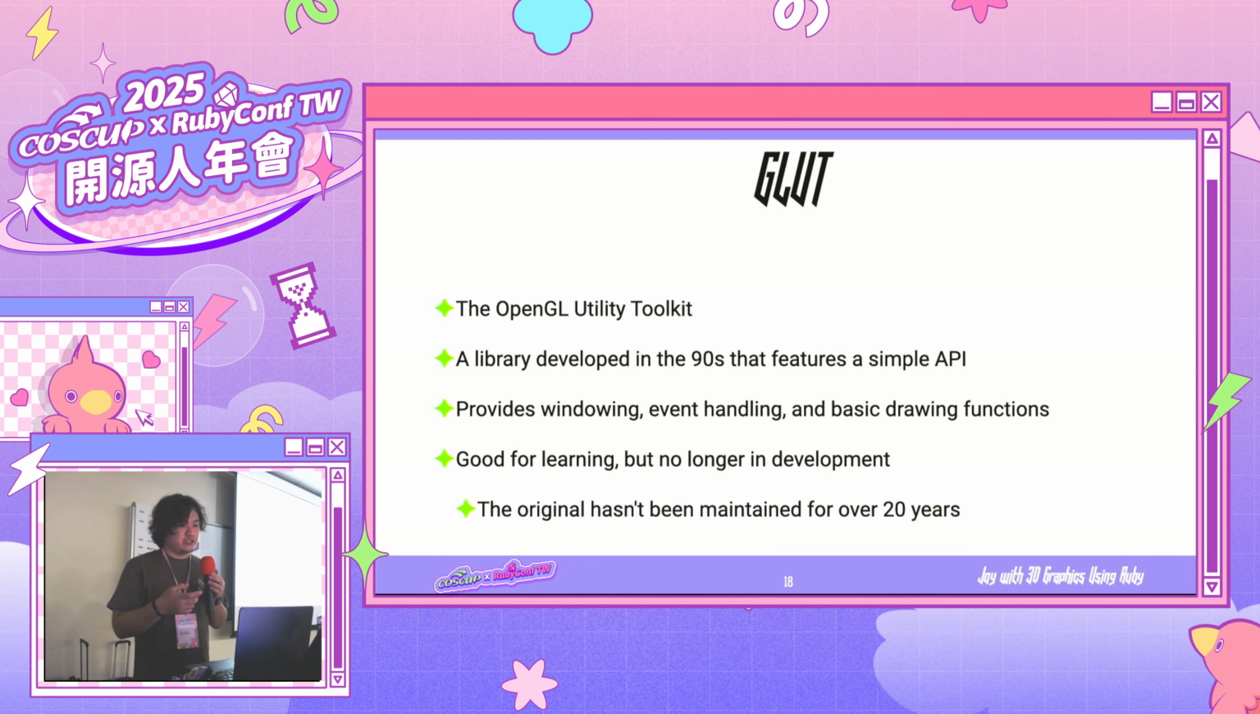So this is the official page. It directs you to freeglut, and the source for the original GLUT has been unsupported for 20 years. So this is a very old toolkit. So if you can use